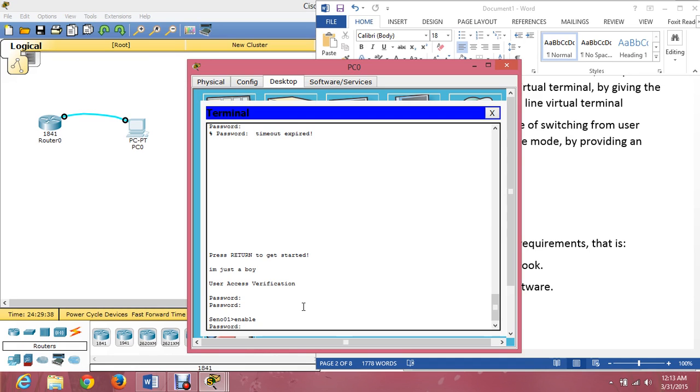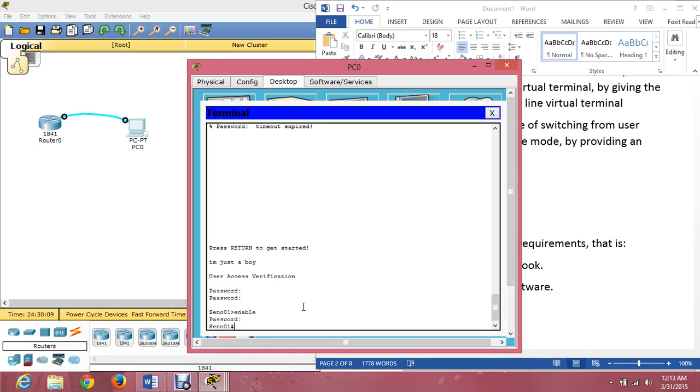The password is used when we switch from the user execute mode to privilege execute mode. If the password is true, just enter. We enter the privilege execute mode.